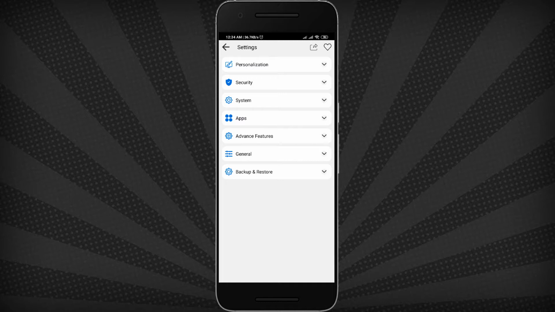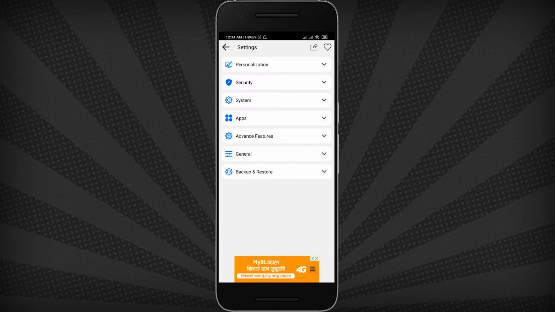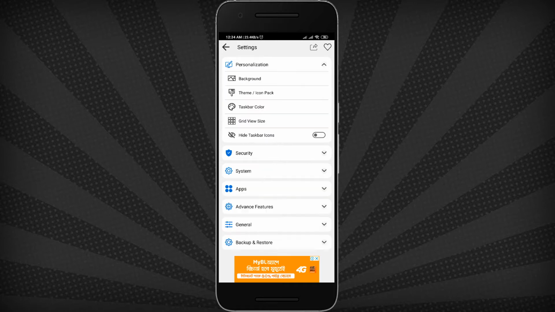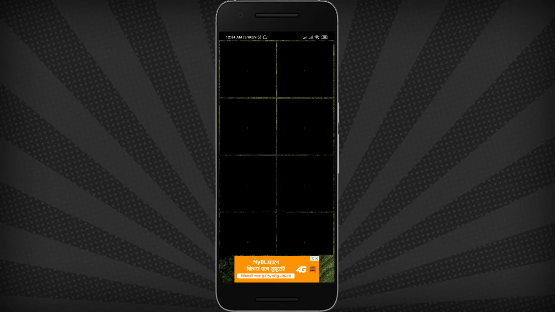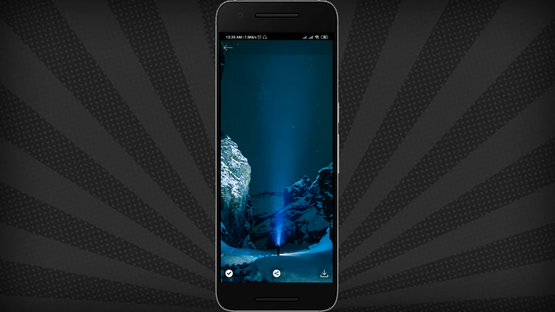So here whenever you go to this, that time you will get the settings. So how can you get there? For the first time, it will appear automatically. So from here, if you click on personalization, from here you can set your background as a background image, whatever you want, and here you will get a lot of suggestions. So from here I'll use this background. So now click on this right,